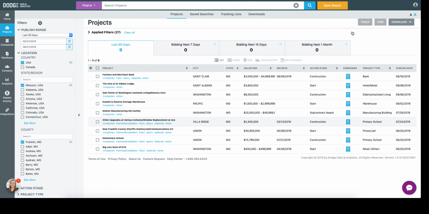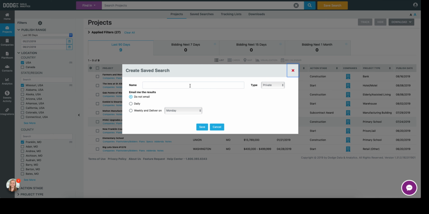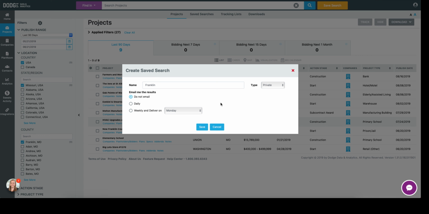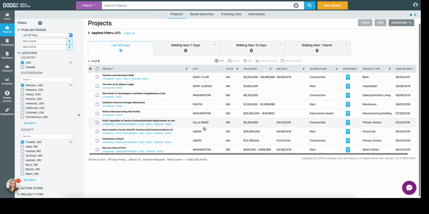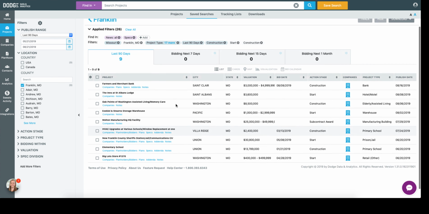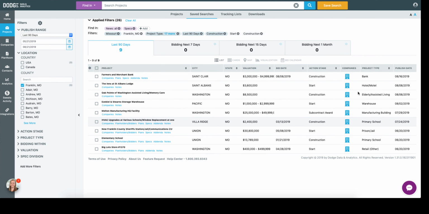So now you want to save the search, okay, and let's name it Franklin. All right, just so we know. Okay, and save it. All right, awesome. Okay, so here we are. So right off the bat,